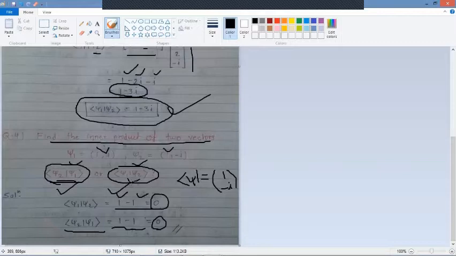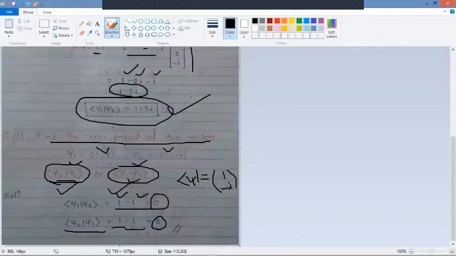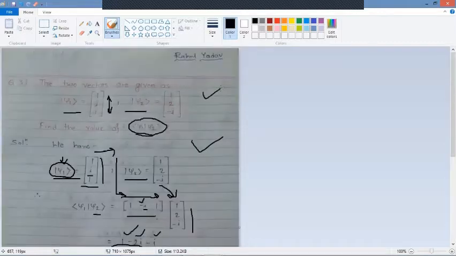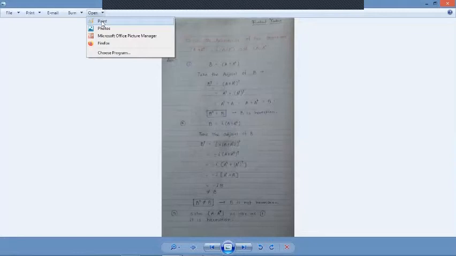If you have any doubt on this question you can ask me later in the comment section or also on the WhatsApp group. So what is the next question? We have solved 4 questions: this is question number 4, this is question number 3, and also question numbers 2 and 1. So what is the next one? This is question number 5 here.